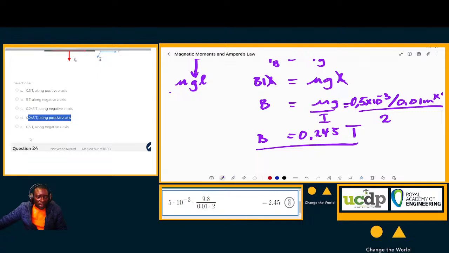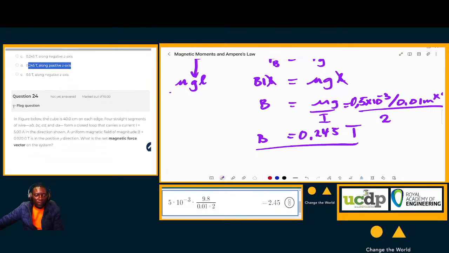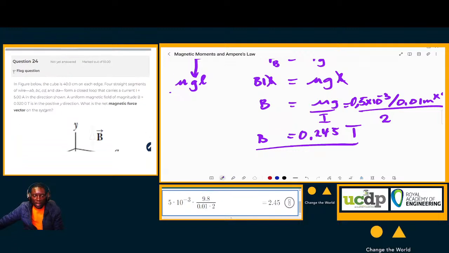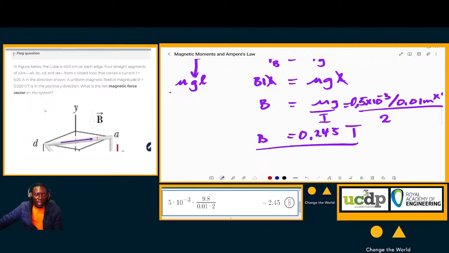So the negative z is for gravity, negative z-axis is out, everything that says negative is out. This force has to be in the positive z, and it's not 0.5 Tesla, but 0.245. Okay, that's fine then. The next question: in the figure below, the cube is 40 centimeters on each edge,